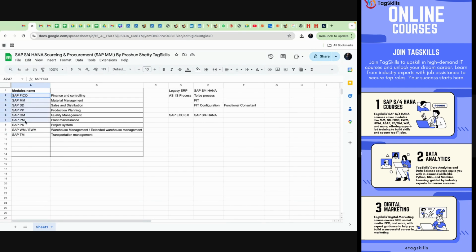These are the core modules I can say. Generally they will go through all the modules during the implementation time, and EWM and TM are add-on modules. I can also add SAP IBP or SAP BTP, which come into the picture in the cloud version. Business technology platform, and IBP is integrated business planning. In case the production planning and quality management SAP gave do not suffice their requirement, they need something advanced,